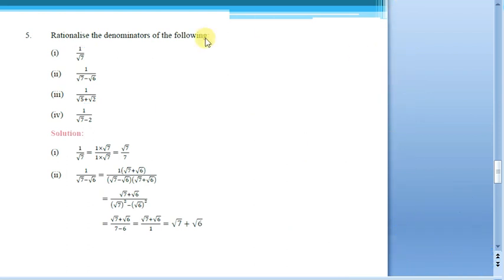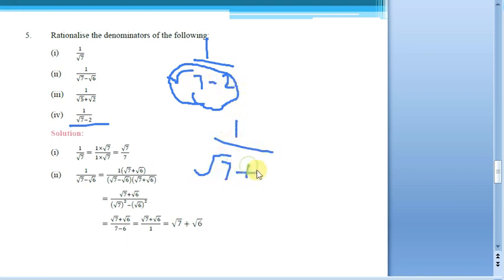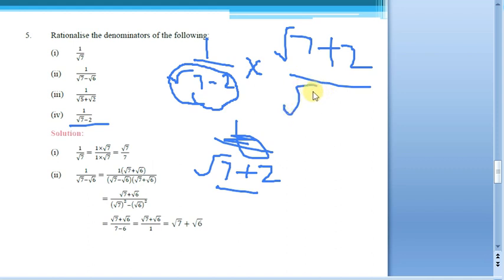So let us see the last question here. That is 1 by root 7 minus 2. We shall look at the solution for this one. Take the given denominator, root 7 minus 2. Is it a binomial or not? Binomial, yes. Two terms are there, and both are joined by a negative sign. So what is the conjugate? We have seen the conjugate, right? Simply we have to change the sign between the terms. So root 7 plus 2 is going to be the conjugate. Multiply with the conjugate in the numerator as well as in the denominator. So just write root 7 plus 2 here also.